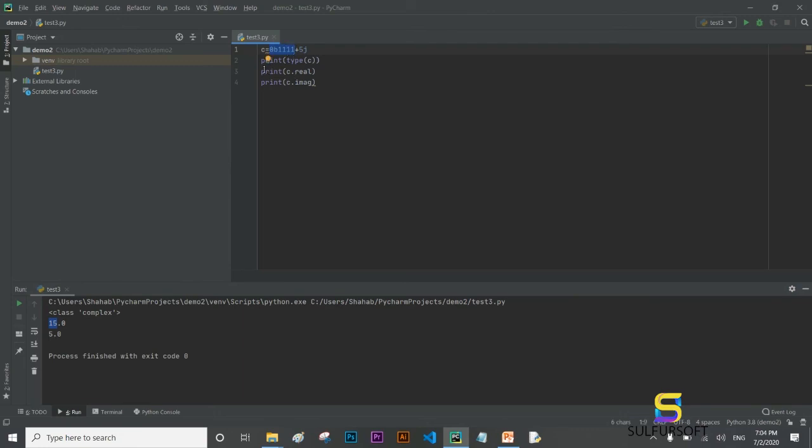So the print function always returns the decimal form. This has been discussed in a previous video where we covered data types. If you don't know about binary, hexadecimal or octal bases, then go to the previous video where we have thoroughly explained it.